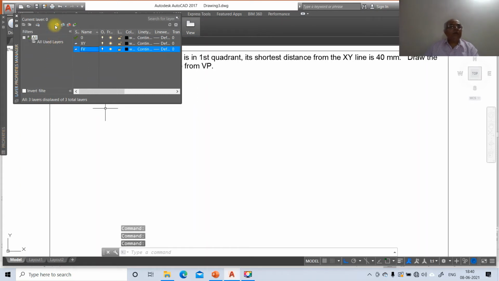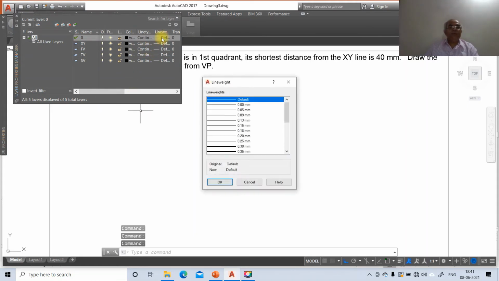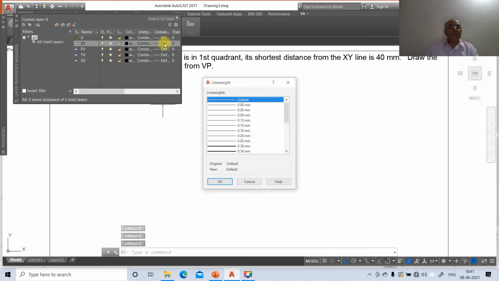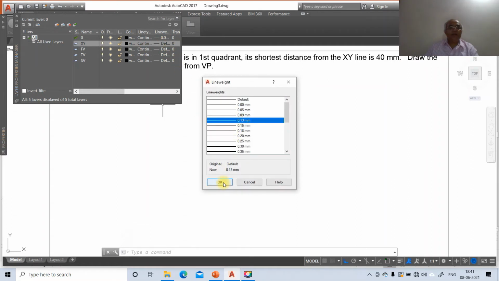Again click on this, take this as top view, and then take this as side view. Then go to layer, line weight of 0, make it 0.05, which is the projector line, and go to layer XY and take the line weight default as 0.13 and say OK.